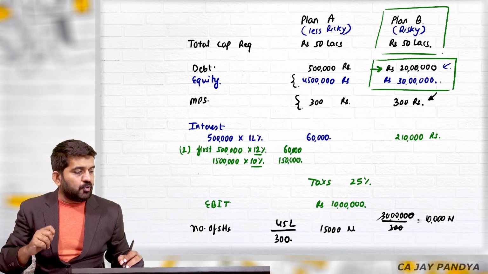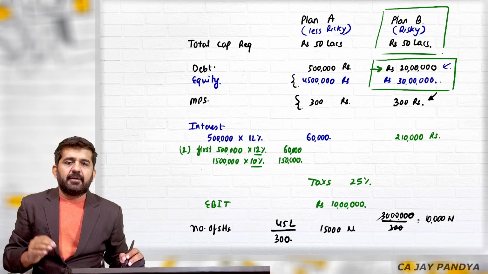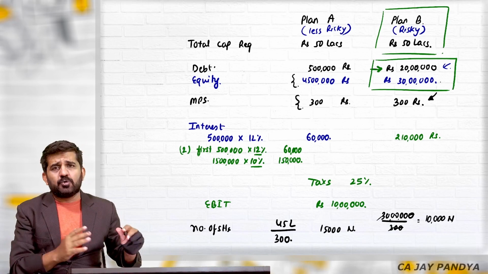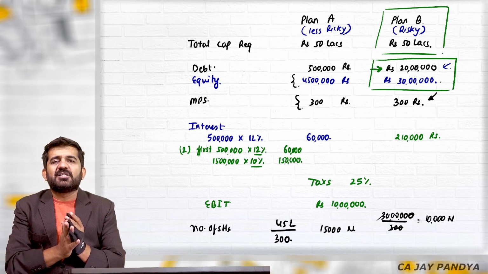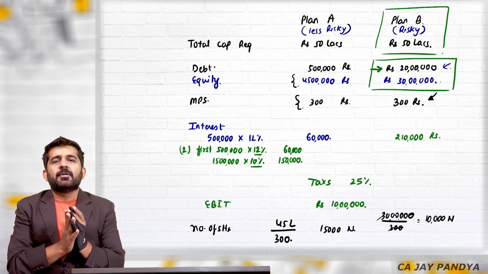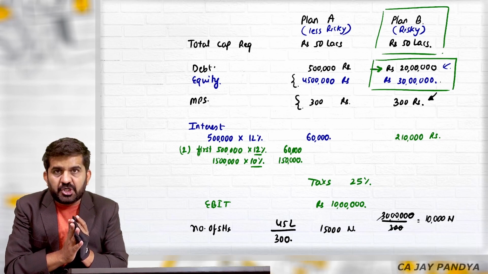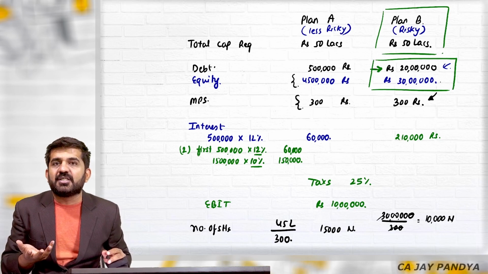This should be my capital structure. I should borrow 20 lakhs rupees from debt and 30 lakhs rupees from equity. And this should be your answer. In conclusion also, you should write it down. You should opt for the more risky plan. Try to understand the difference between a person who can solve the question and a person who can understand the question. Even after getting the answer, you should invest 2, 3, 5 minutes on the question to understand the concept.